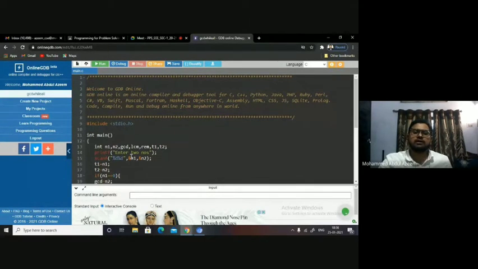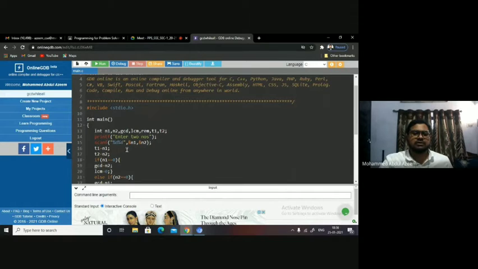To find LCM and GCD of two numbers, we have taken two numbers n1 and n2, and GCD, LCM to obtain the GCD and LCM of the two numbers respectively. Then we are taking REM as a variable to hold the remainder, and T1 and T2 to take the backup of the original numbers, right? First we have accepted the numbers, and then immediately after accepting, we have put them in the backups T1 and T2 here.